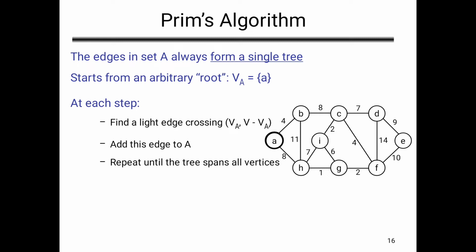Consider the diagram on the screen. There are A to B, B to C, C to D, and the third concept: Prim's prefers graphs with a large number of edges, like capital E equal to order of V square. That is the main time complexity, order of V square. That means order of n square is the time complexity of this algorithm.